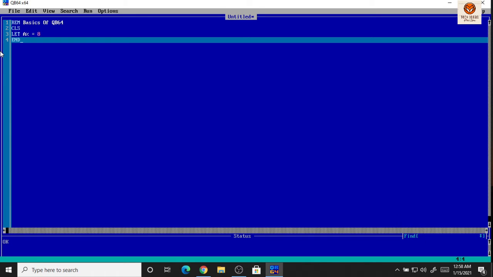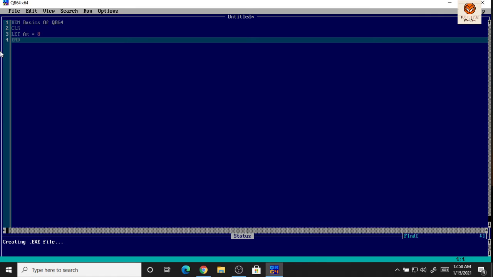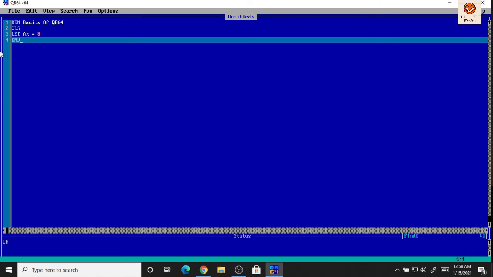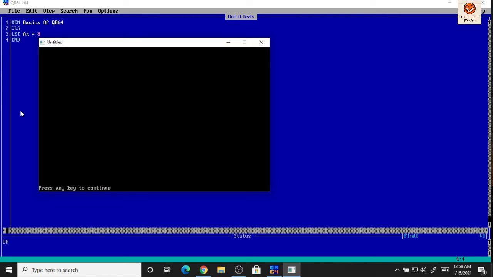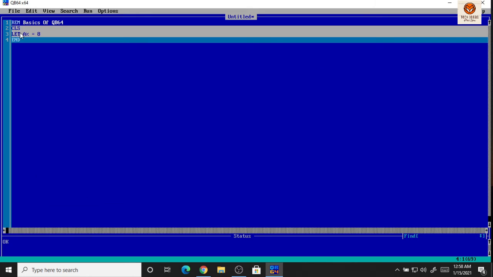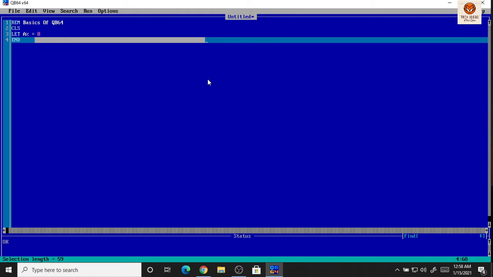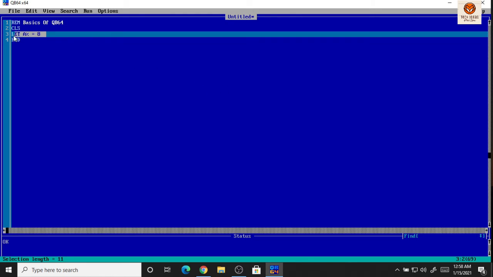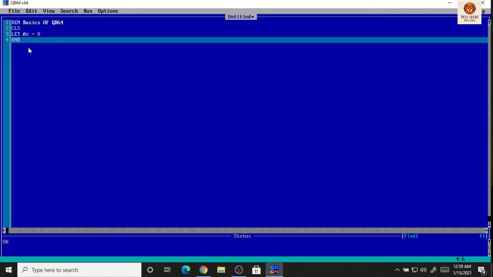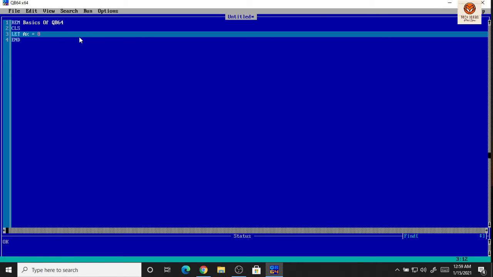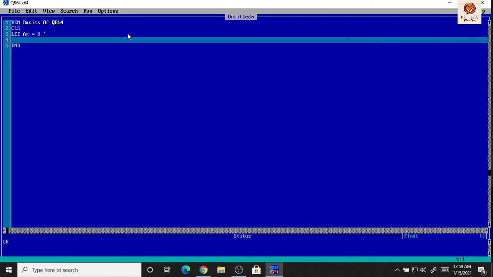What do you think will be the answer? So let us run with F5. As you can see, the screen is clear. So let me show you why this is happening. It is because we have just assigned a variable, not printed it. So if you have to print the variable on the screen, let us do that.